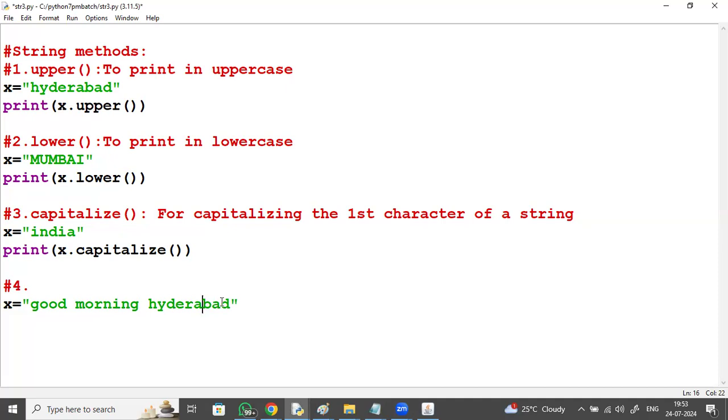Here, each and every word, first character I want in the uppercase. In such a case, if I use capitalize, only G will be in the uppercase, but I want each and every word's first character in the uppercase. So for that,